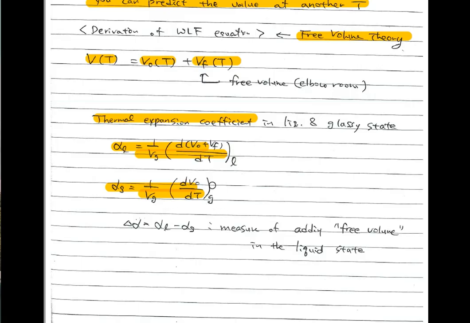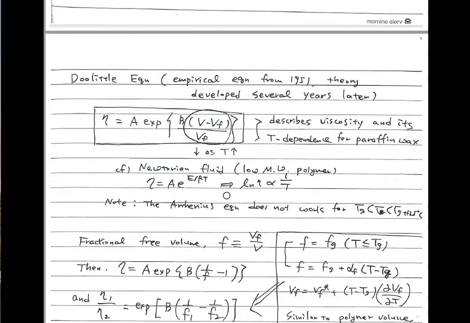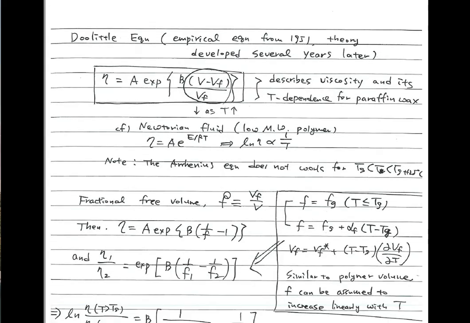In the glass state, we don't really need to care about free volume, because there is not much change. But in the liquid state, the change in free volume is much larger compared to the glass state. All right. So we will use this to define variables. And there is another equation, which is called the Doolittle equation, which is an empirical equation